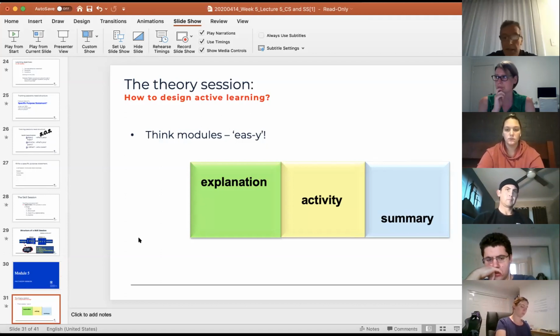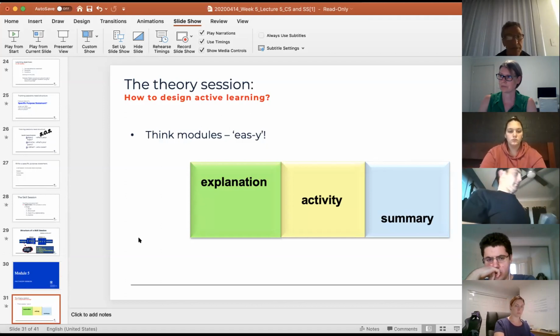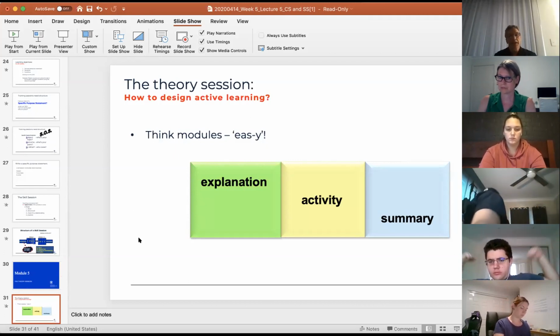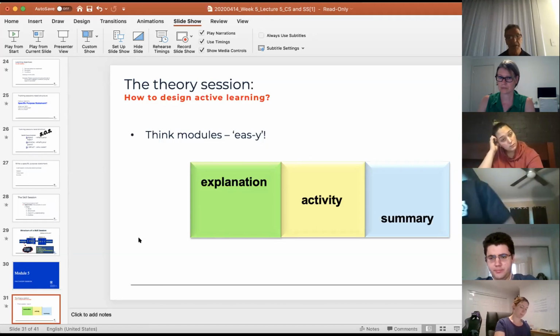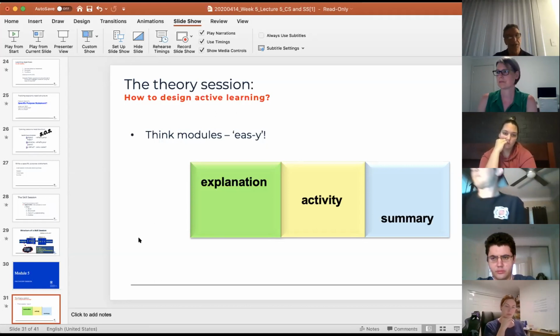It should be, I think it should make it a lot easier. So the theory session only has three steps: explanation, activity, and summary. So you will find that in lecturing, good lecturers will do that. Lecturers will have, in their theory sessions, an explanation, then they'll have an activity of some description. So it might be talk to somebody or discuss this or a problem or something, and then they'll summarize the points and chunk it.